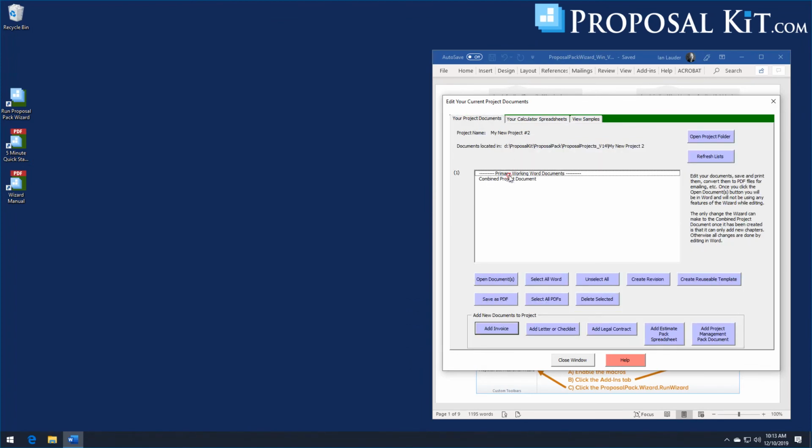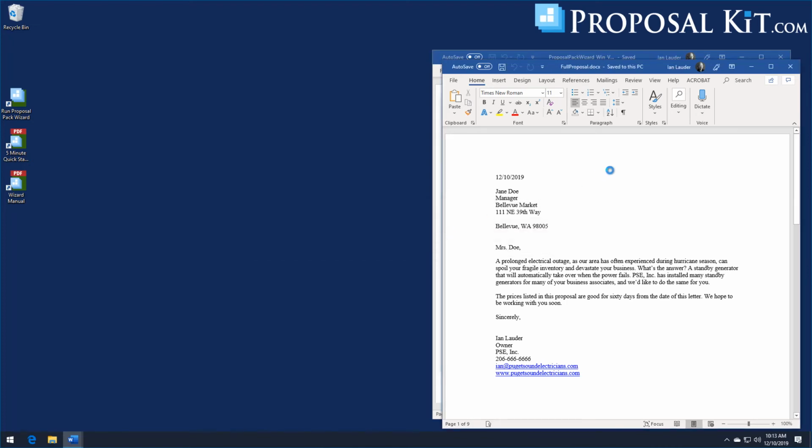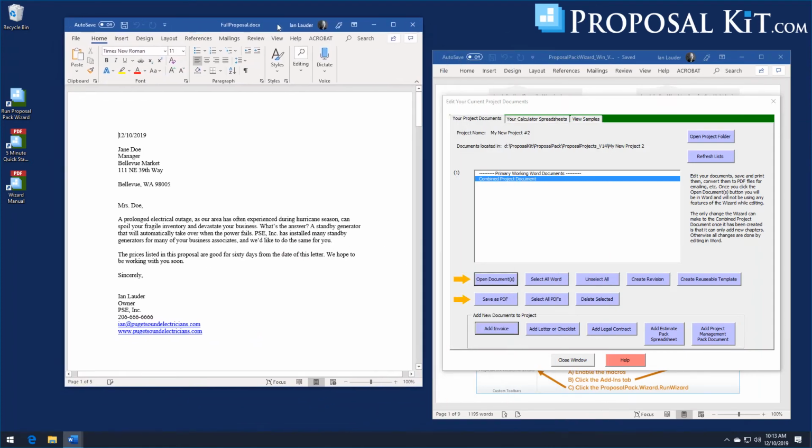Now the document itself, since we've linked it to an actual spreadsheet, whenever we open it, Word will ask us if we want to update. Since we didn't actually change any values in the spreadsheet itself, we'll just say no. And you can see since we actually filled in the company data and client data fields, that information was merged into the